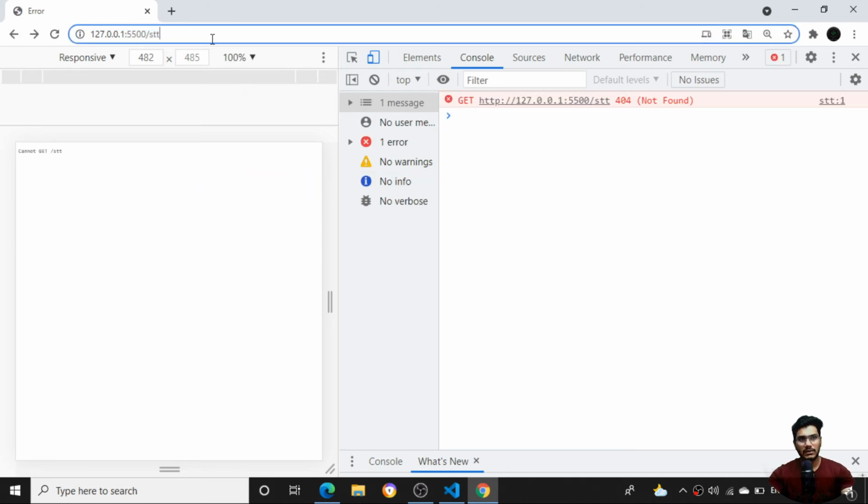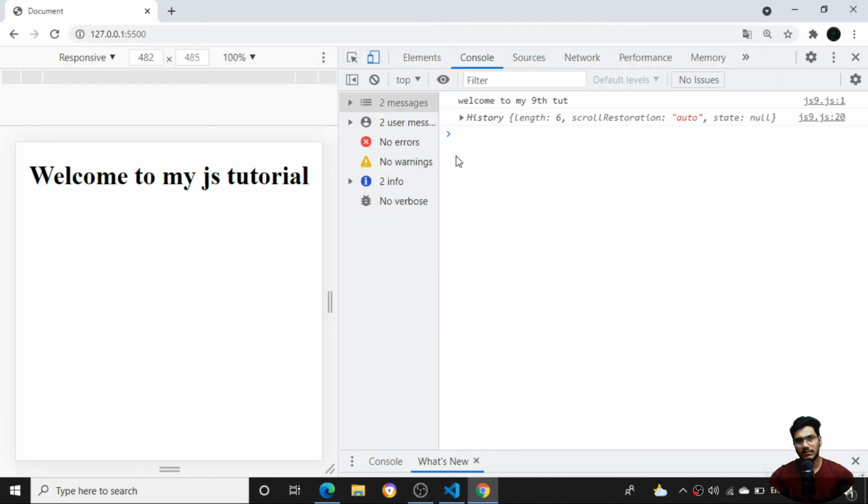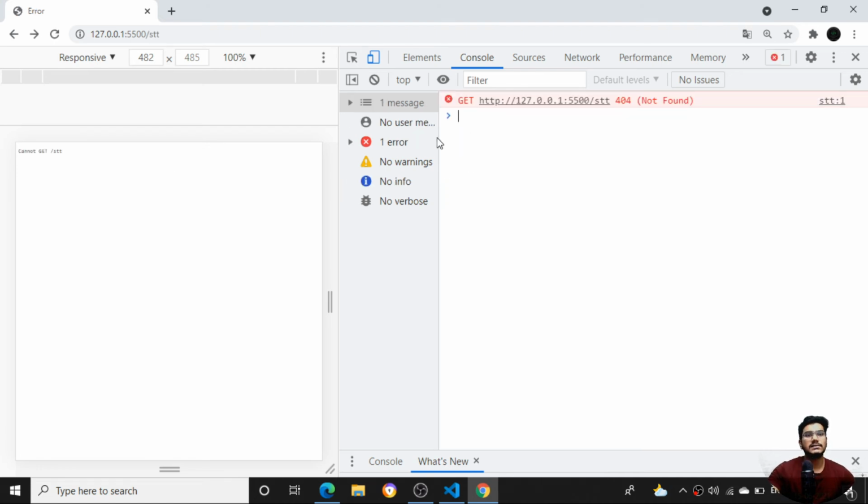I'll come back to this particular folder again. If I call history.go with +1, and press enter, nothing happens because I have not opened a page ahead, so this is the last file I have opened. If I give -2 here, let's see what will happen. If I enter, you can see it is going to htttt again, which is not found. It is going 2 steps backward, to whichever files you have opened.